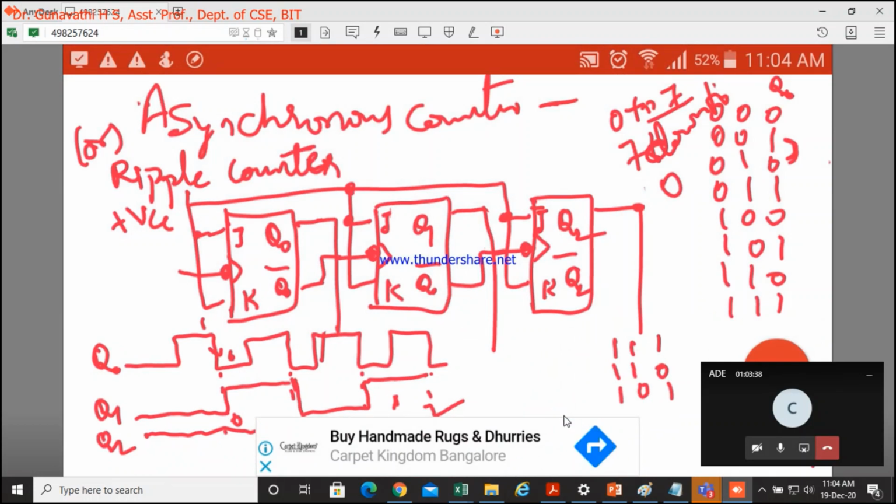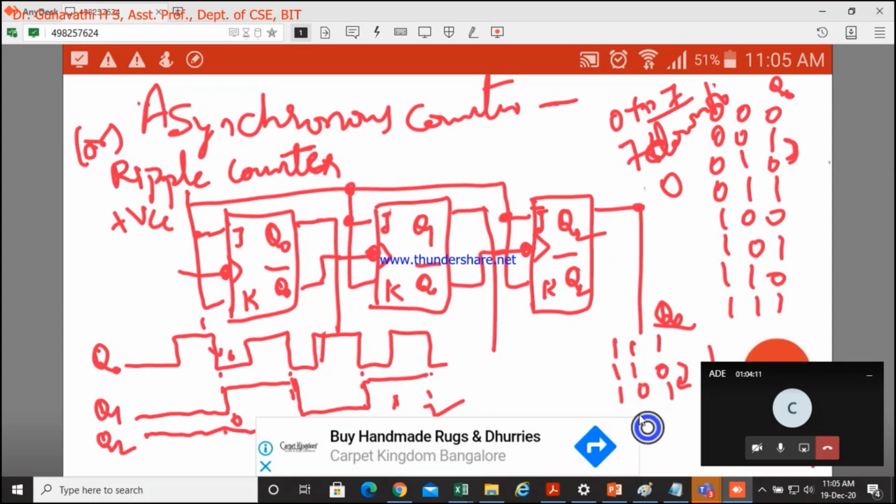Is this clear now? Because 1 to 0 it was working. Now if it is 0 to 1, because it's not a direct Q0 we are considering, we have to consider the complement of this. Complement here is nothing but 1, here is 0. Work similar to this. So when you write the truth table, 111 to 000, observe your truth table. Whenever it is changing from 0 to 1, then your output should be toggling. Can you observe here? 0 to 1 change, your output changes from 1 to 0.